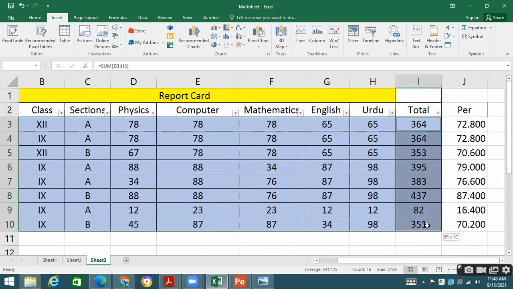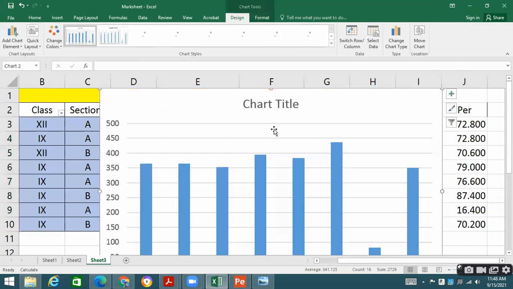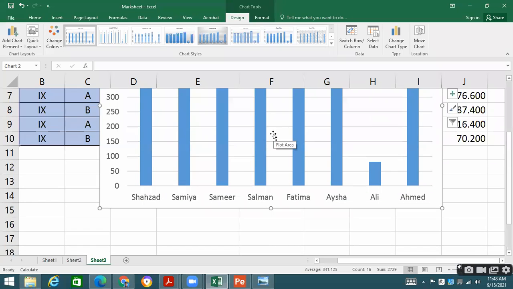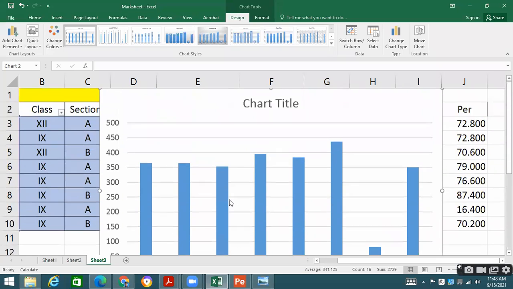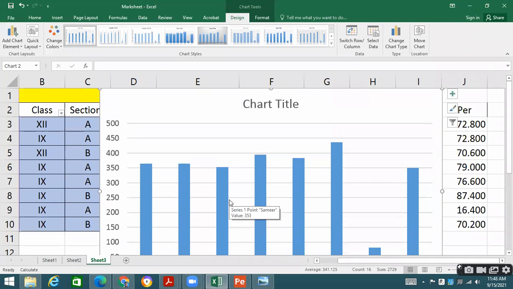Take the example of total marks. These are the total marks. So I can go to recommended charts. I can select any of the options. Let's suppose this one. You can see over there the students' names are there and their bars are showing how many marks they have got as total.